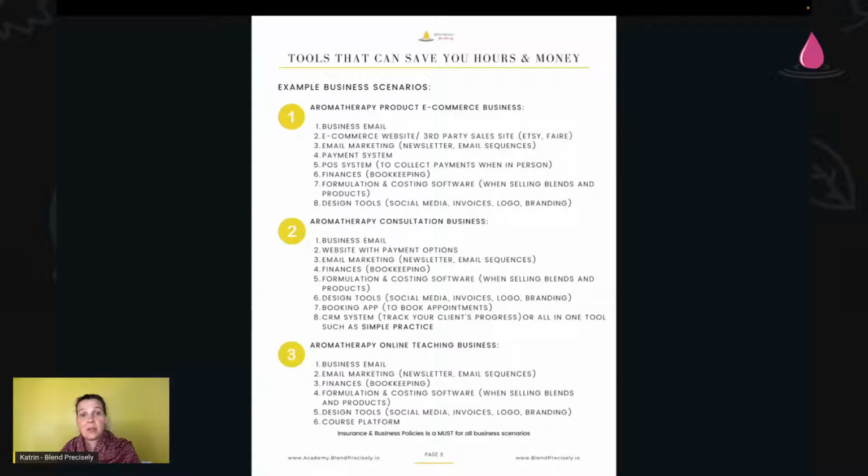You can go as simple as Excel spreadsheets, but I will say it takes much longer in terms of time. I would rather take that time and put it into social media than spending it in Excel spreadsheets. Same for bookkeeping. And then you want to have definitely a design tool like Canva. There are many other tools to create your social media posts, to even create an invoice, logo, branding, any kind of marketing materials you might want to take to markets with you, and so on. So you want to have a design tool for that.